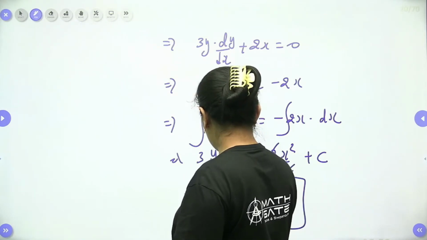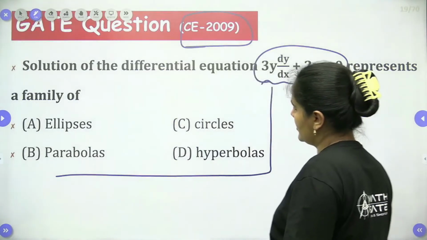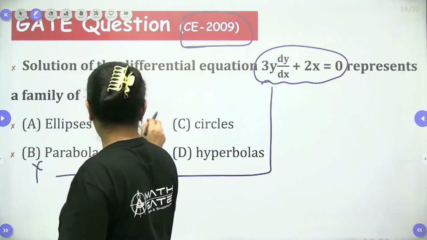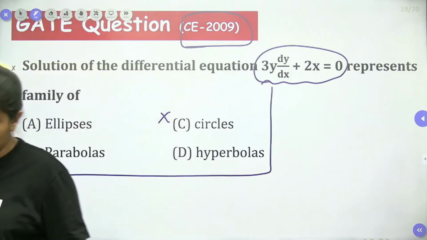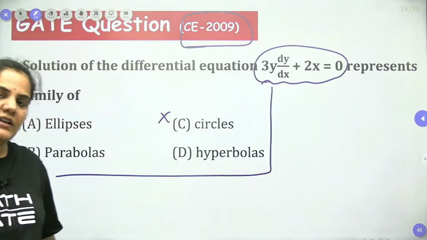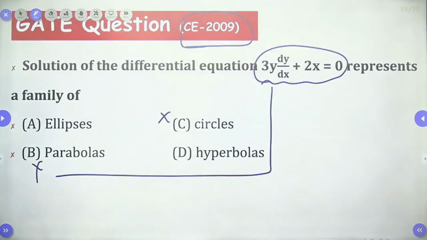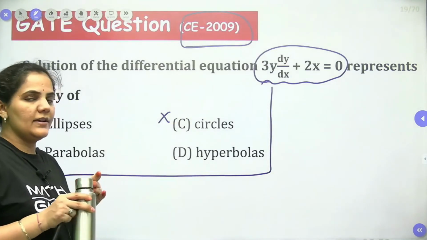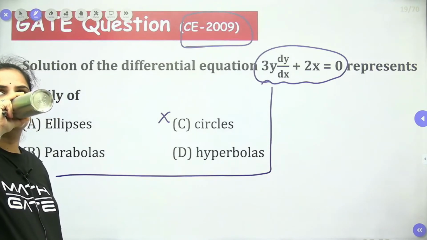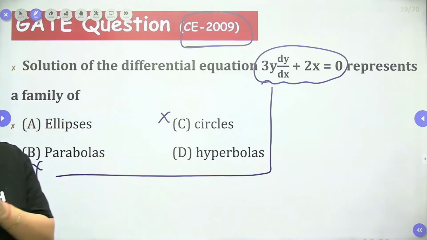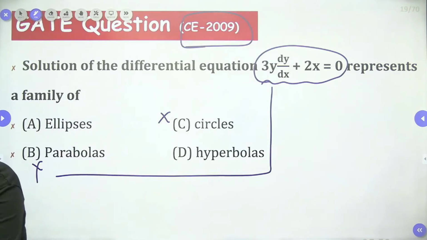c. So I think you can see the equation is neither a circle nor a parabola. So can you tell me what the equation exactly is? As we know very well, it will be an ellipse, because in a hyperbola we will get a negative value. So it will be an ellipse. So we can find the answer directly, dear students. I think you will feel more comfortable with differential equations now.